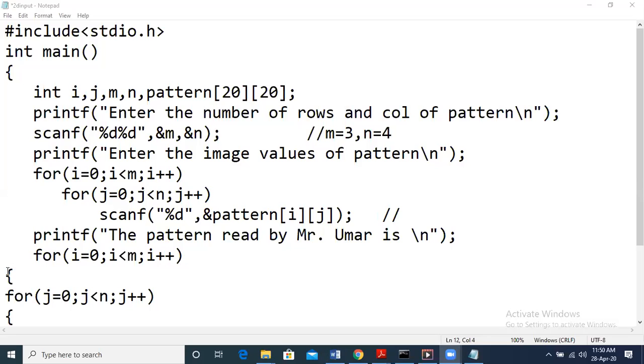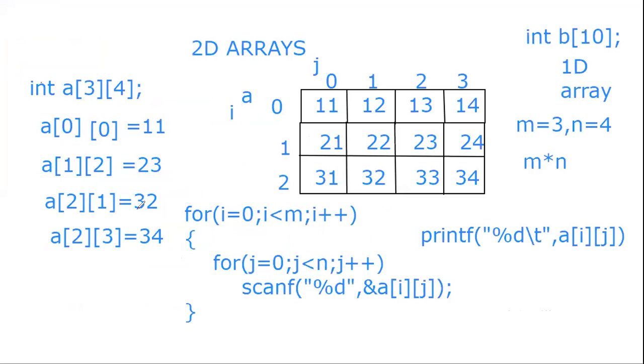Input can be given in a single line. You need not worry that you have to give input in the form of a matrix or anything. So I will just display back that screen. Here we had taken these numbers, right? We may give all of these 12 numbers in a single line. We may give 11, 12, 13, 14 and so on. If we give it in a single line also, no problem, right?